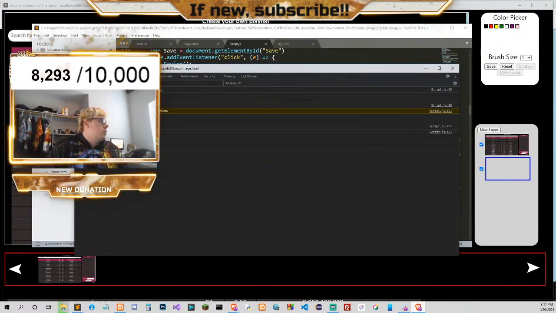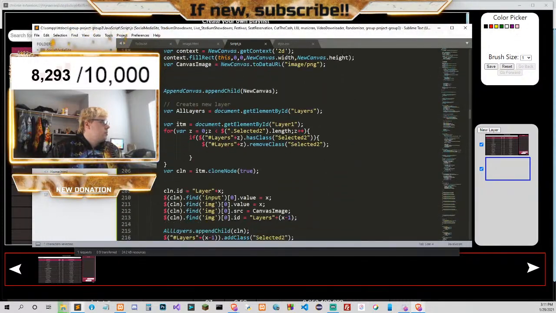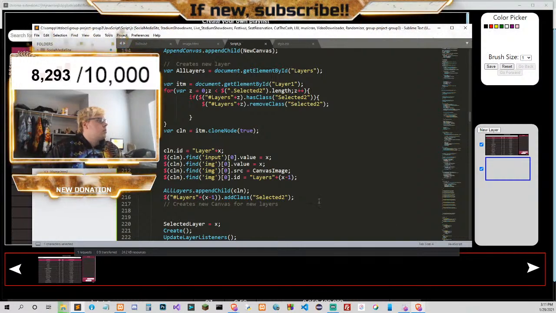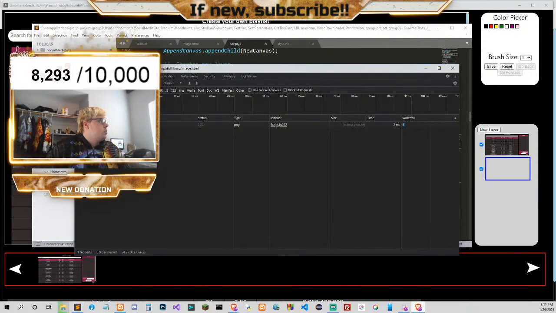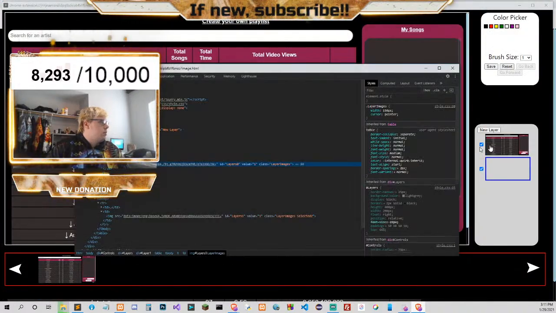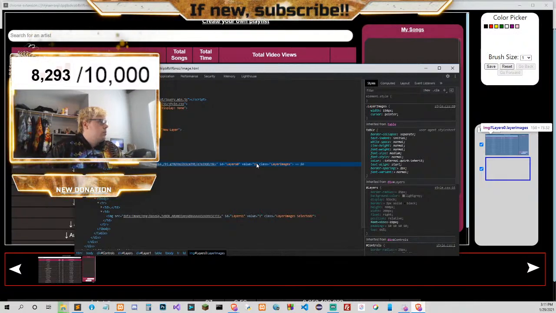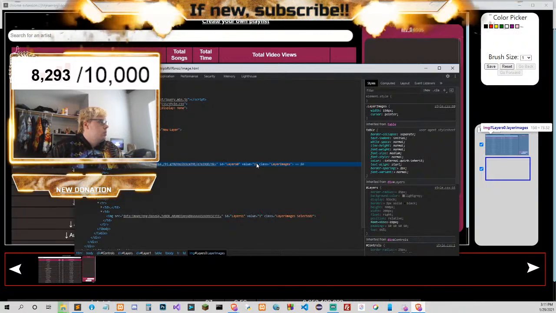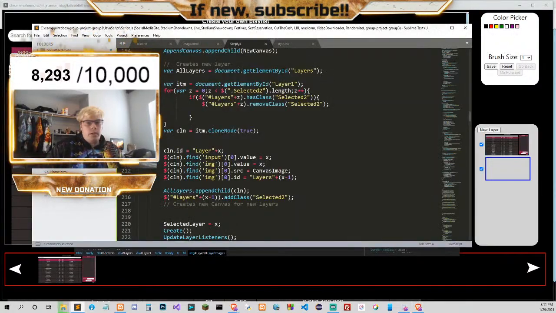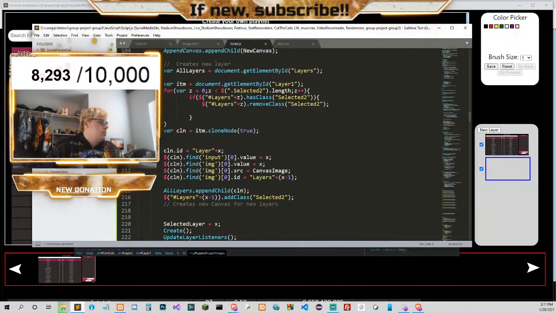So why is it the dot value? Oh, so the first one is going to be 2, isn't it? Layer 0 value equals... Because when we create a new layer, it appends it.